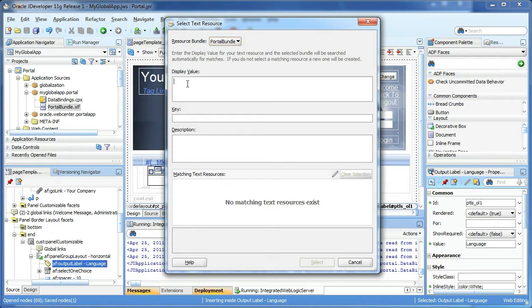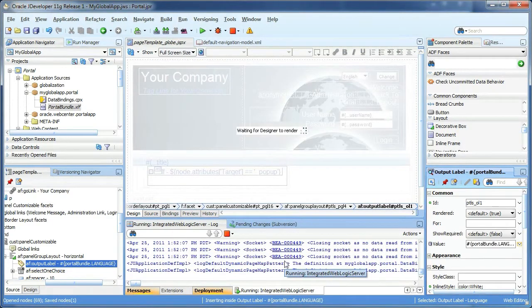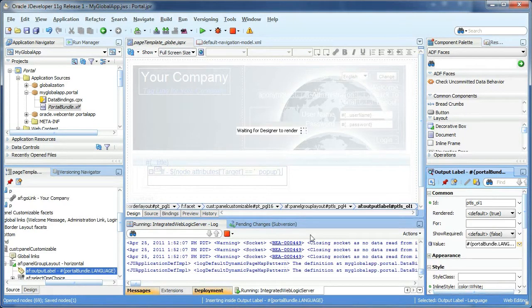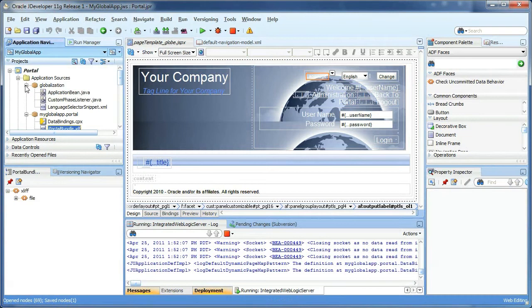So the first thing I do is I say let's go for language, and that key doesn't exist, and it's going to have the value language as a key, and it's going to look up the display value. This will be English, and then we'll translate it to other languages later. So we do save and select, and what that does is it goes ahead and still uses language as the what's going to get rendered,